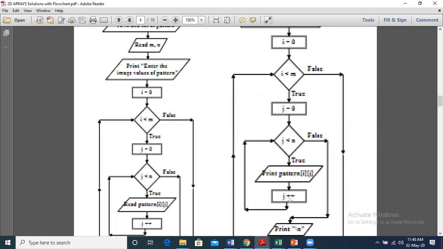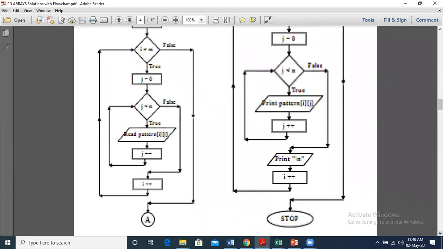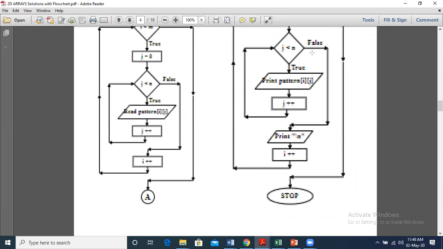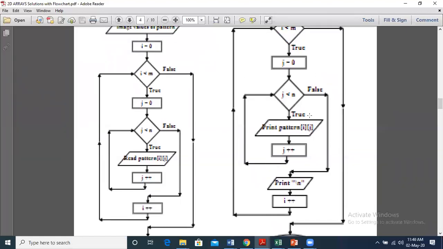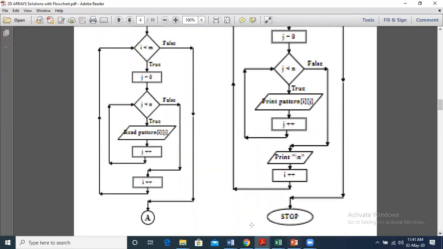So this is to print the pattern. This is the next part of the for loop. We print the pattern step by step, one by one, each number gets printed, like how we have read. Similarly, a for loop is given here, right? printf backslash n is also given, so that we get a new line, and then i gets incremented. Once this entire for loop is completed, you can see the representation. This is the outer loop and this is the inner loop, right? That has to be clearly mentioned with arrows. So this is the flow chart for program 7. I hope this is clear.